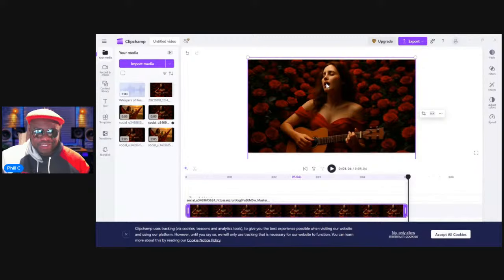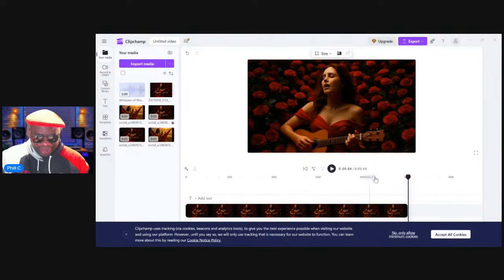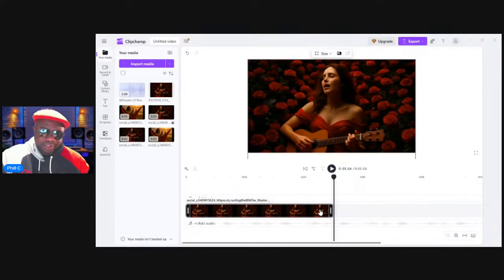Make sure it fits nicely so that there's no edges showing black instead of the background itself. And you can use the zoom in and out to see how much stuff you have. But because you want this to repeat seamlessly, let's play from the beginning so you can see it.